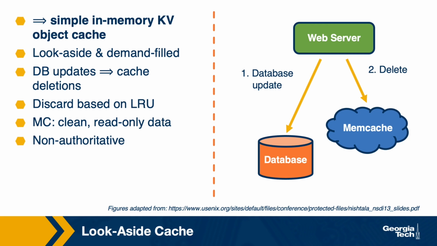Now, the thing to note is that this cache is non-authoritative, so it's intended as a performance optimization. Only the database has the definitive view of the system state. These semantics of the system design are actually exposed to the client applications of Memcache. So if an application really cares for some strong guarantees, it knows that it needs to directly perform the database operations and to bypass the cache.